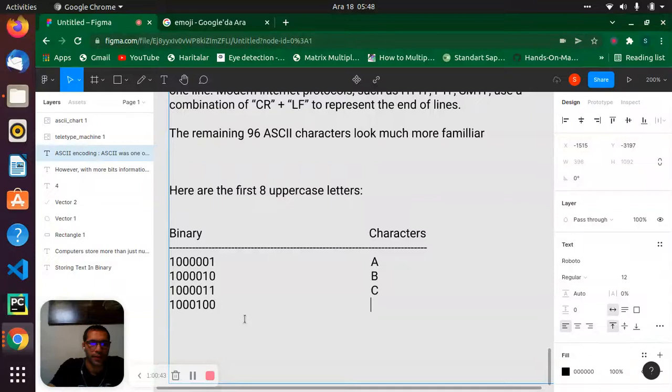D. Okay. So 64, no, 65. This one is here. 65 is represented A. 66 here is representing, I think 66, no, I will check now. Yeah, 66 is representing B, 67 representing.